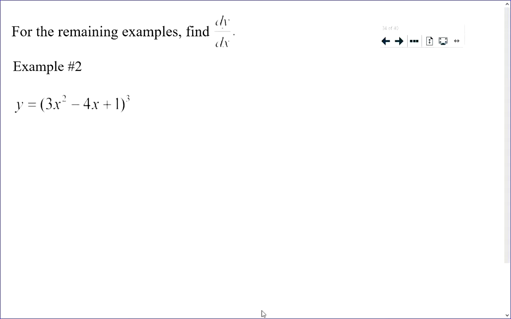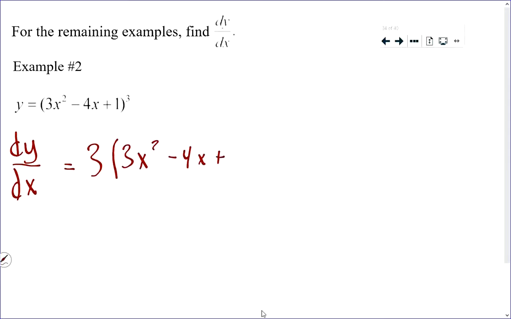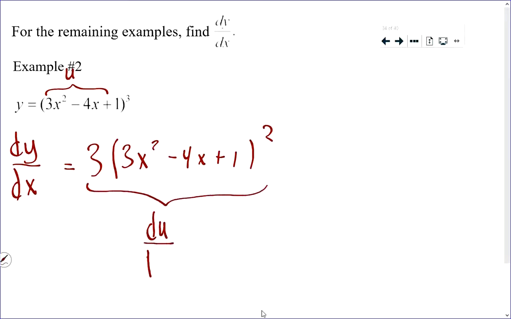I'm going to take, as I do this, one or two more cracks at really trying to make you understand what we're doing. The first step is to wrap the 3 around the 3x squared minus 4x plus 1. This 3x squared minus 4x plus 1 is your u. Okay? And what this is